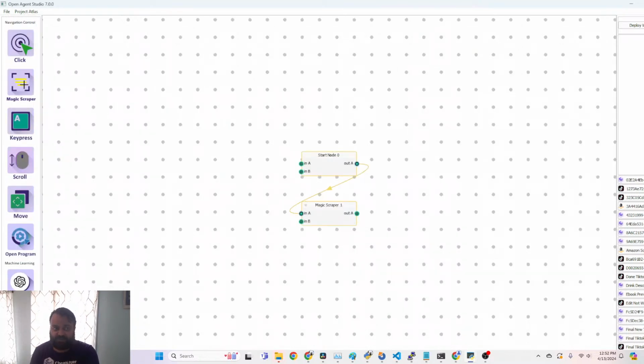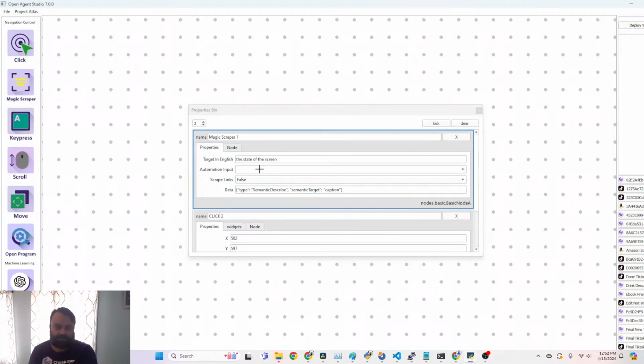So let's just add the magic scraper node. Click File, New to clear the node code graph, then click the magic scraper node to add it. I'm going to go over an example of how you can use reasoning-based triggers. Rather than scraping data, which is how every other tool works, you can scrape reasoning for the first time. You can add columns that are yes or no, based on reasoning that was previously impossible. Now I guess you can convolute it, like send something to Zapier and get the ChatGPT result back, but this makes it much easier to build these kinds of things.